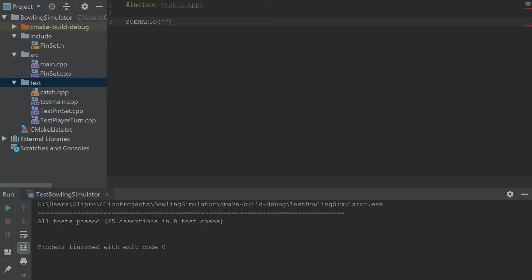So what's the simplest case we can think of? Probably just a strike, right? A strike is one turn. It will know the turn is over. So let's say scenario: getting a strike on the first turn, or first bowl, results in turn ended. Given a default constructed instance of a player turn, when